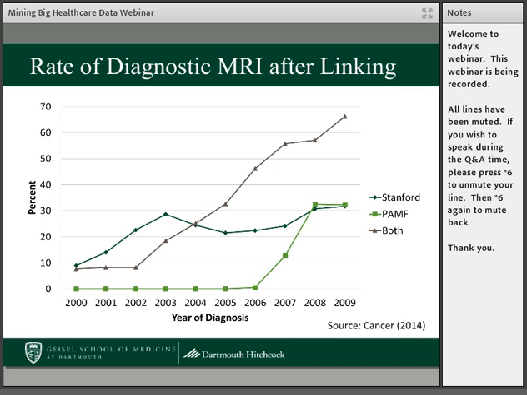What's interesting, though, is of course the patients who were seen at both institutions for care, and starting in 2002, they are increasingly using more and more MRI, up to about 70% of the patients who are seen in both institutions got a diagnostic MRI versus 30% for those who just had their care at one institution, more or less. So another revealing pattern that's happening when you look at the population level of all the data we're collecting.